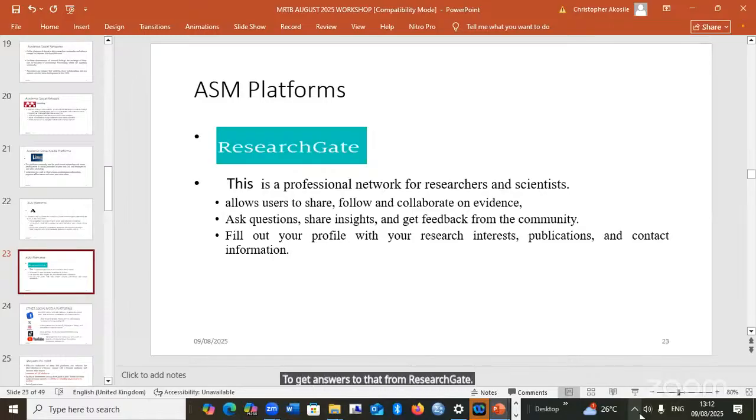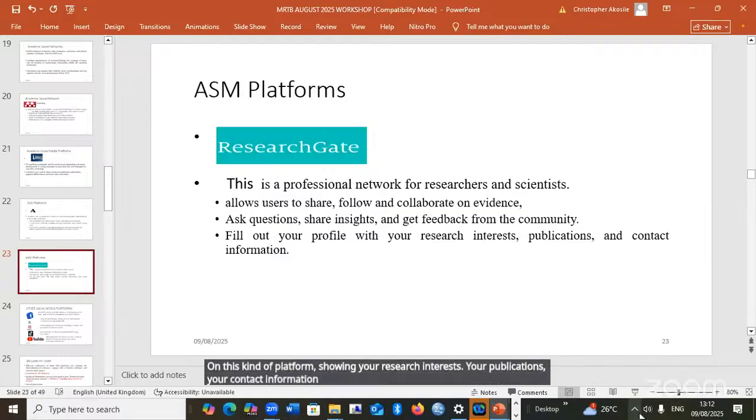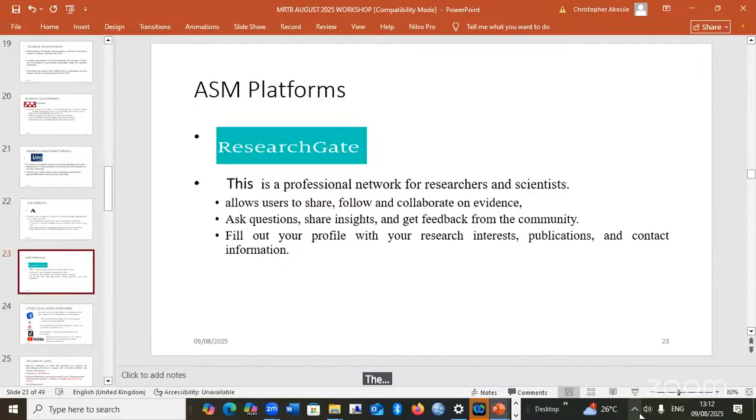So as a researcher, you are encouraged to fill out your profile in detail on this kind of platform, showing your research interests, your publications, your contact information, and all those things. ResearchGate also populates your publication.